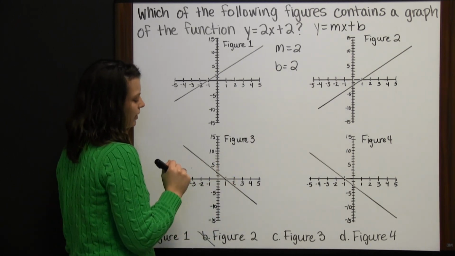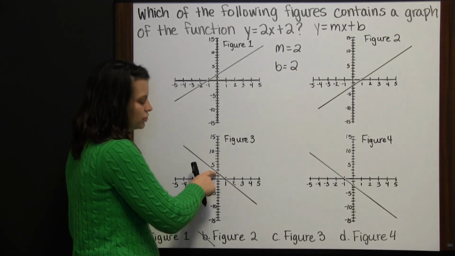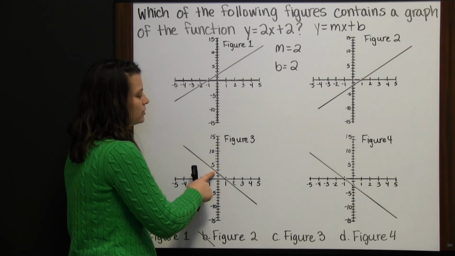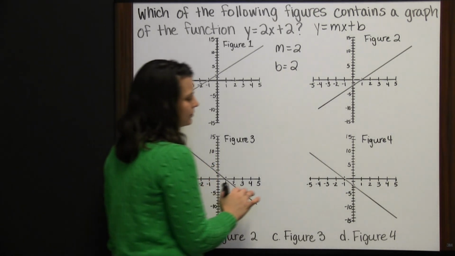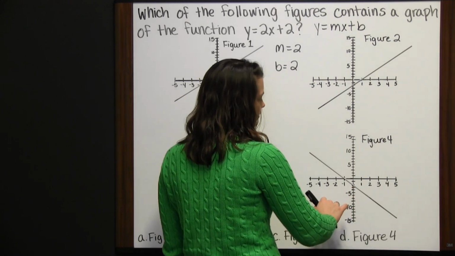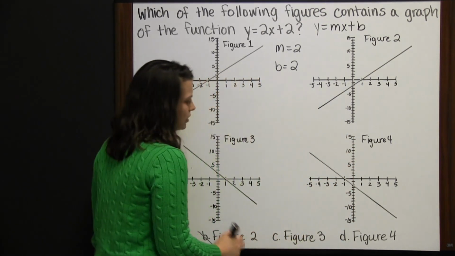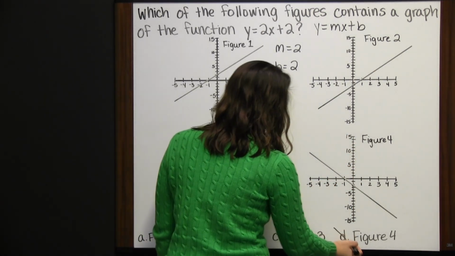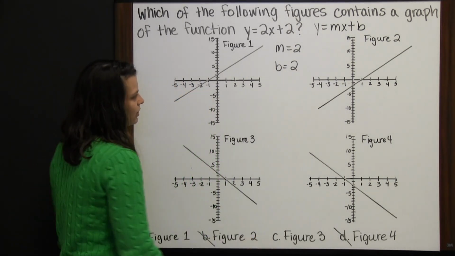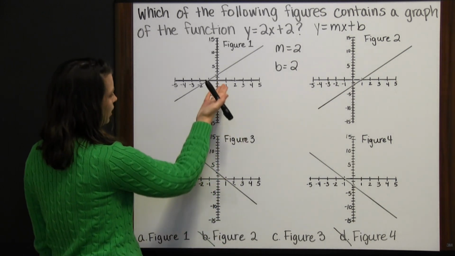Now let's look at figure 3. Figure 3 has the y-intercept as 2 because the line is crossing the y-axis at 2. So figure 3 is okay for now. Figure 4 has the y-intercept as -2. This line is crossing the y-axis at -2. So figure 4 is out. We now have a 50-50 chance of getting this question correct because we know that it's either figure 1 or